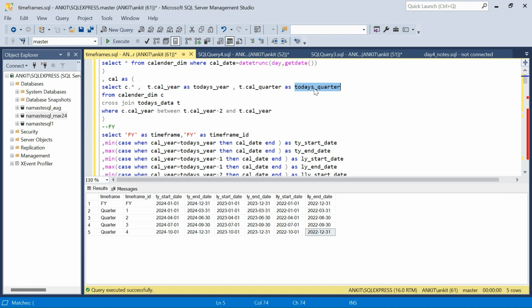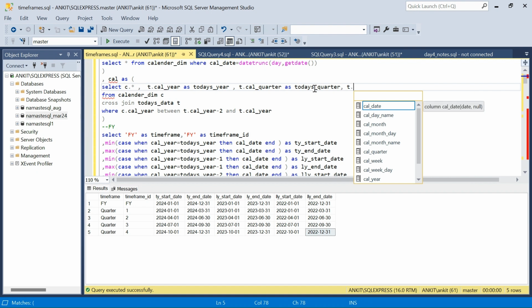There are two things. One is for this quarter. So if it is first quarter, then I need first quarter from the last year as well, and the year before that as well. And because it is QTD, I have to get till today's date only, right? So I will get the year date as well. So I will say T dot day